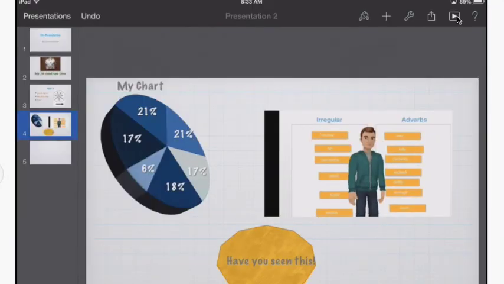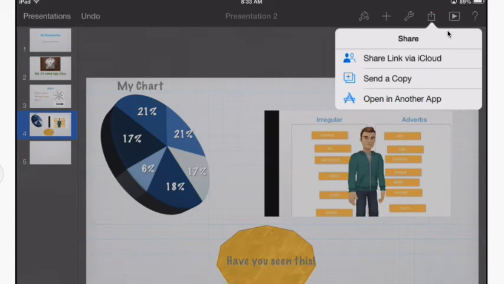So the final thing to do, if you want to share this by email or anything, go right up here to the share arrow. So I hit this. And now you can share via iCloud, which means it'll send a direct link to somebody, which is a version of your presentation, but it can't be edited. You can open another app, which means that this presentation will probably open up in another app. So if I hit open in another app,